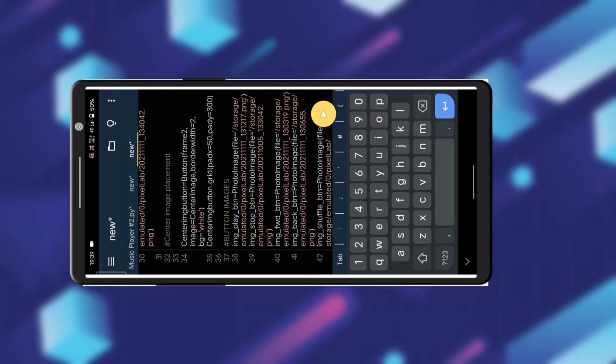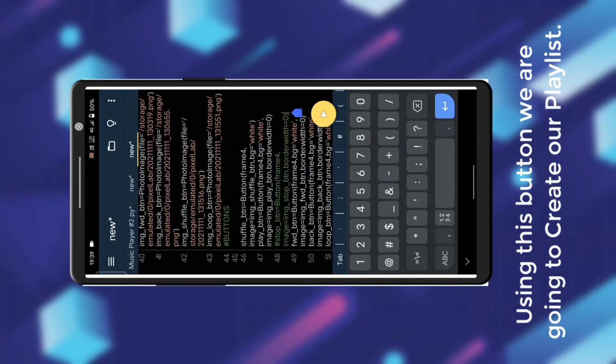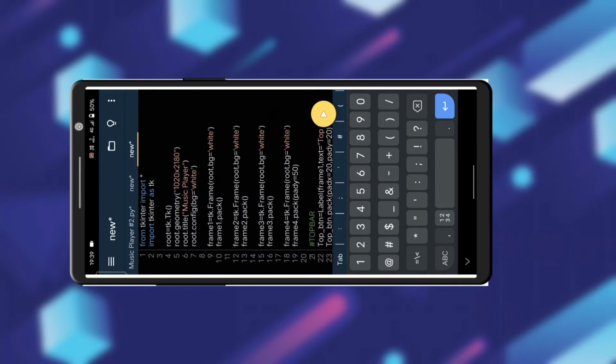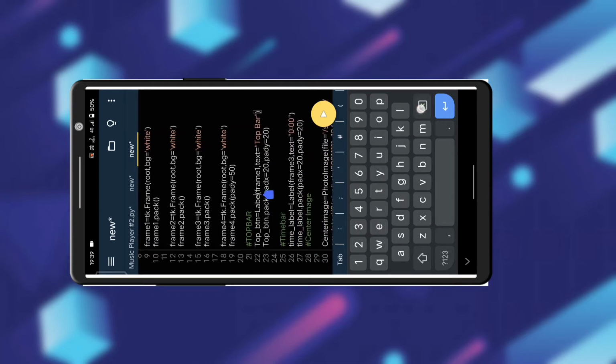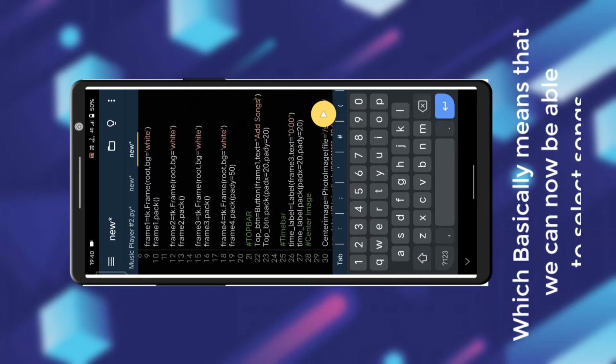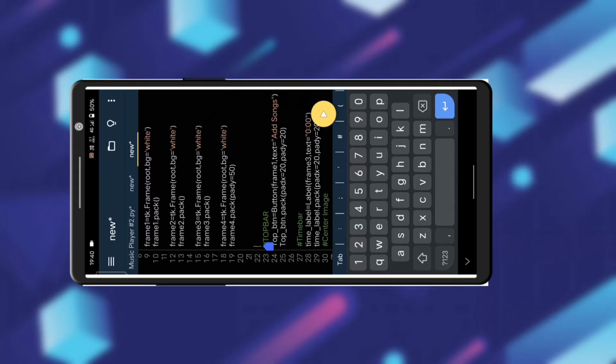First of all, we will add an add song button instead of the top bar. Let's find where the button part is. Okay, we got it. Here's the button part. We have to change the label to a button as we have to make it work. Our idea is that when the user clicks this add songs button, it will show the list of music, or you can say the mp3 files stored on your device, and then we will run it. Now we are going to define a function which is going to be executed when the user clicks on the button.